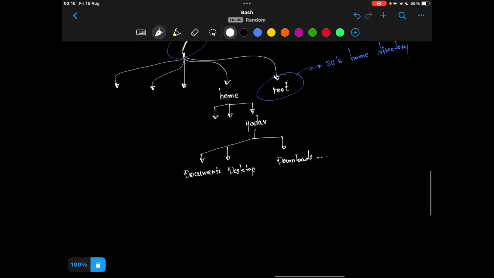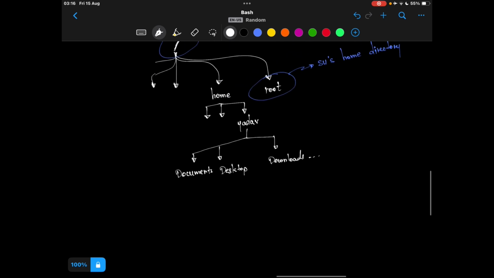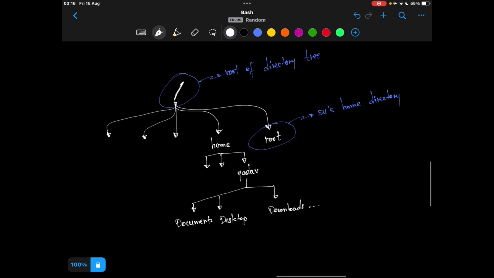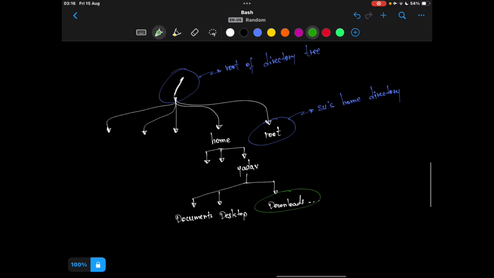So in Linux, how do we tell where some file is present? For that, we start naming from this root. If I want to tell that I am in this folder, what is the path I take? I start from here, I traverse down to home, then I go to Yadav, and then I reach my downloads.